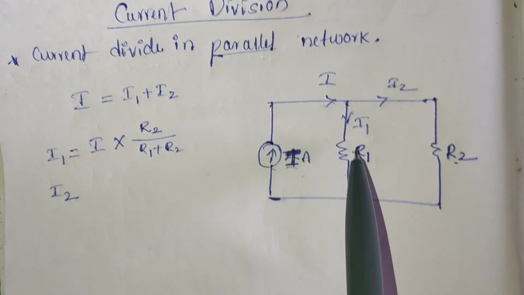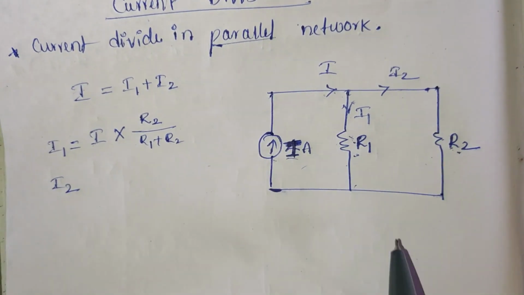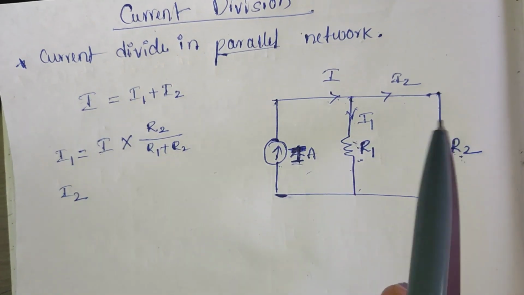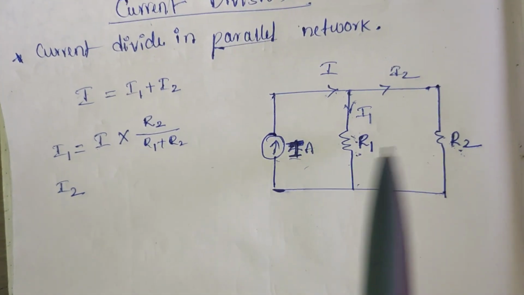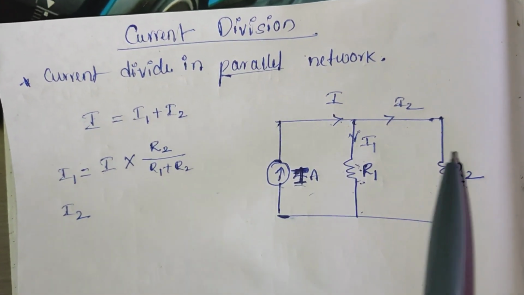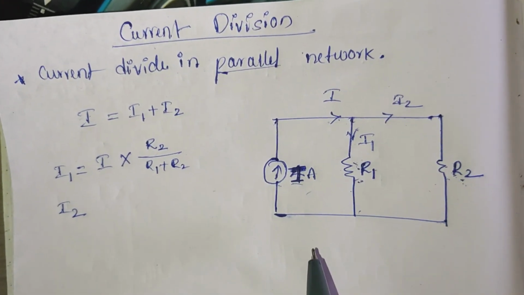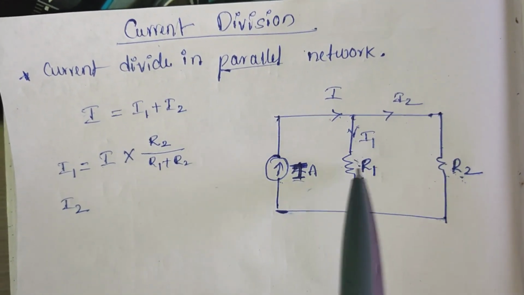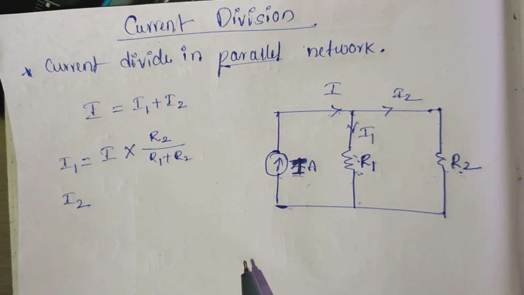So the opposite resistance to this corresponding resistor is R2, because the current is also being shared by this resistance. The same current is being shared by this resistance and this resistance, so these two will be opposite resistances. That depends on the current sharing. If the current is shared by the corresponding resistance, that will be the opposite resistance. I hope you are getting it. This current I is being shared between these two resistors, so these two will become opposite resistors. That is what I did.